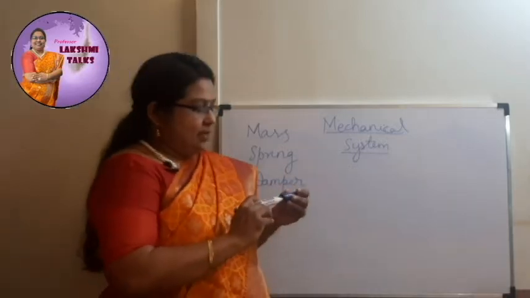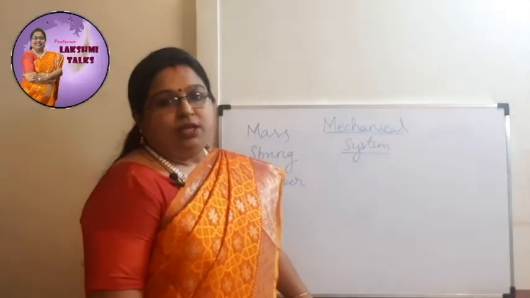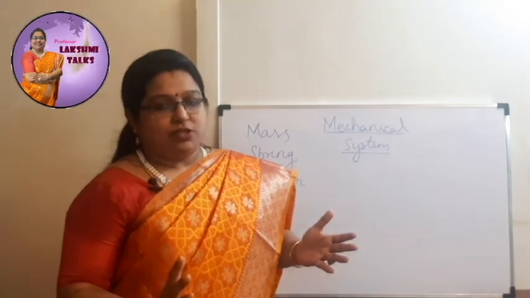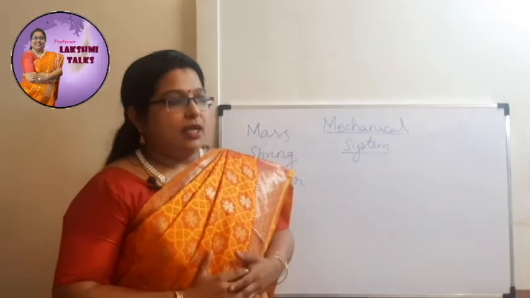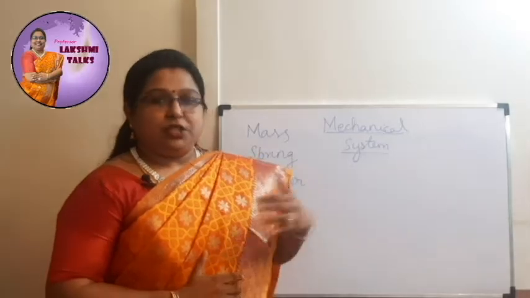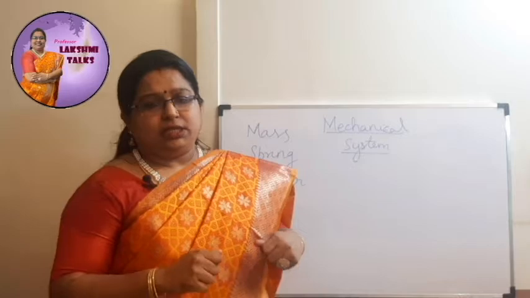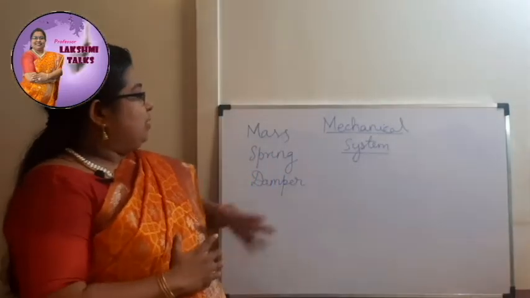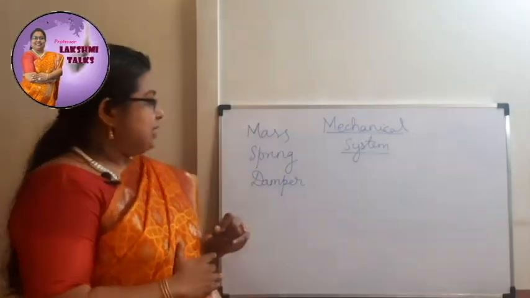Take for example a simple mechanical system which is nothing but a bike. Normally its weight comes into picture, right? What is a bike used for? It is used to move, right? It has to move on the road, so it encounters friction, and the friction must be overcome for movement. Then we need a suspension which is provided by a spring. So the mass, spring, damper are the three basic elements that make up any mechanical system.